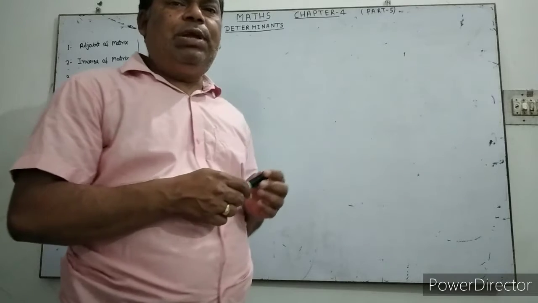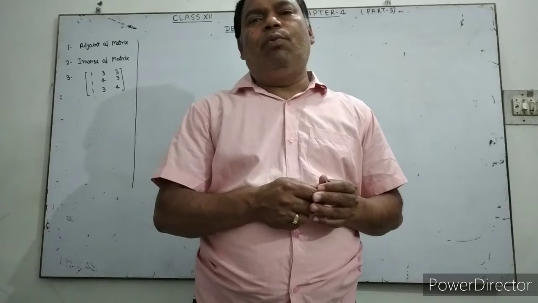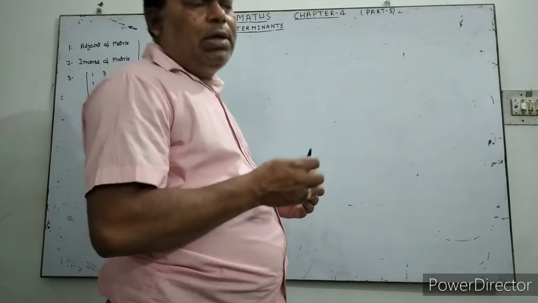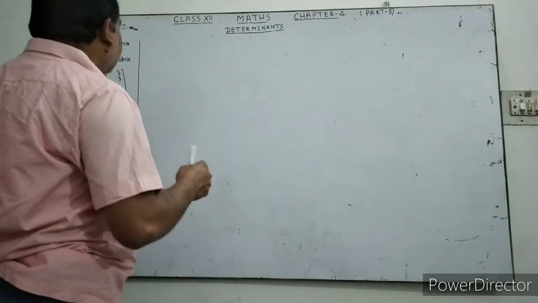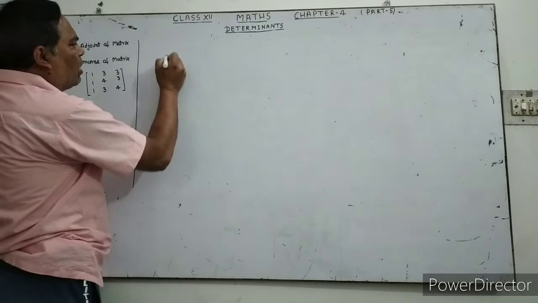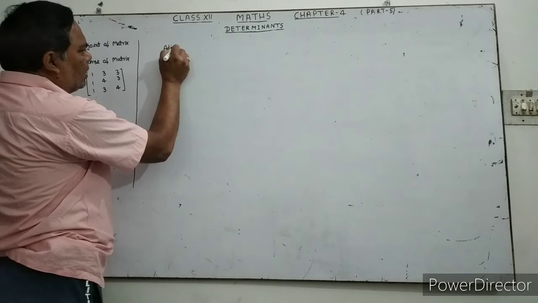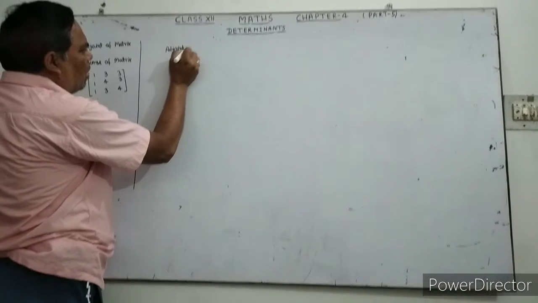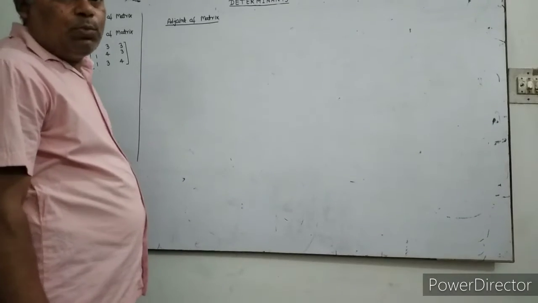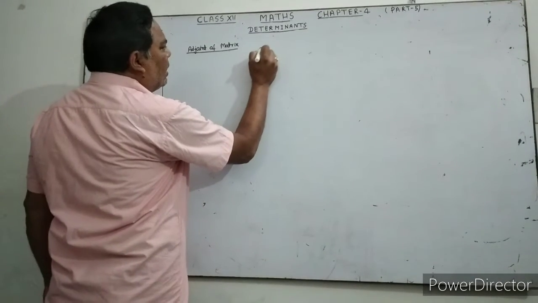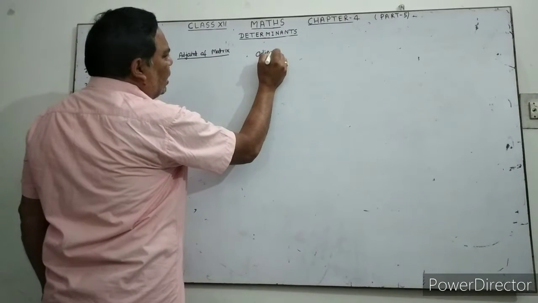In the previous lecture, we discussed how to find the minor and the cofactor. Then in this content, we discuss the adjoint and inverse of the matrix. Adjoint of the matrix. What is the formula? Formula: adjoint A equal to